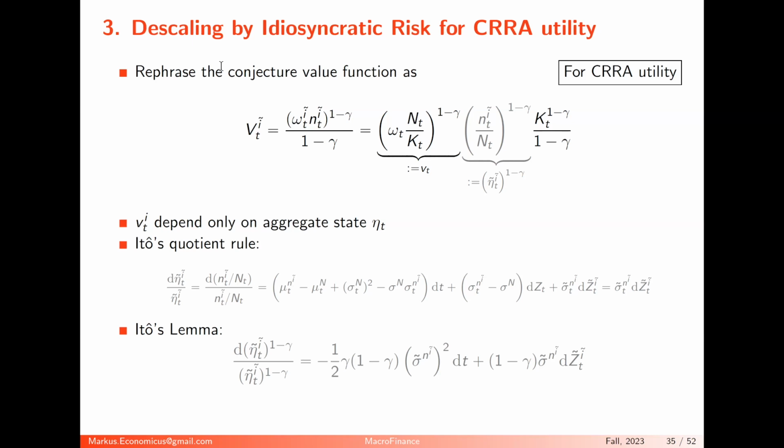So I want to have some little v, which does not depend on the aggregate state eta, or which only depends on the aggregate state eta, which we don't have in this setting. But I don't want to make it dependent on individuals' wealth. I know that you have 10 times as much wealth as I have. I don't want to make it dependent on it. I want to make it the same v. We all have the same v, and then I just have to multiply by something.